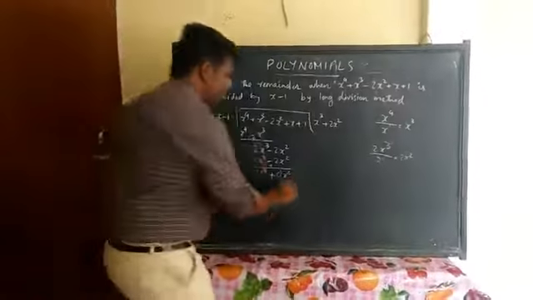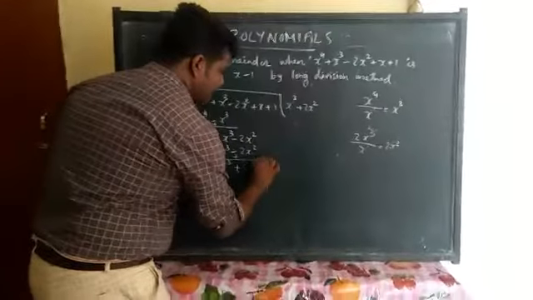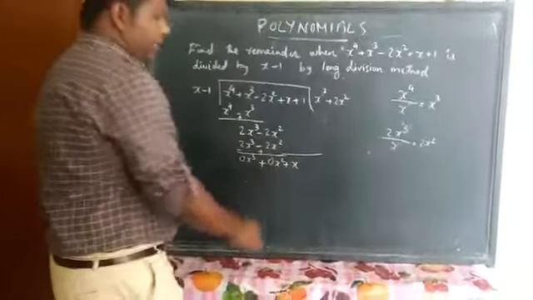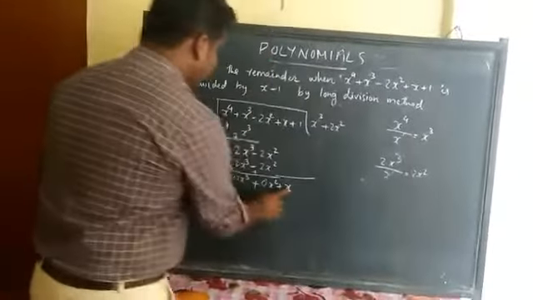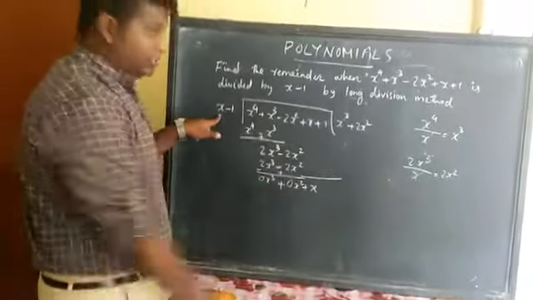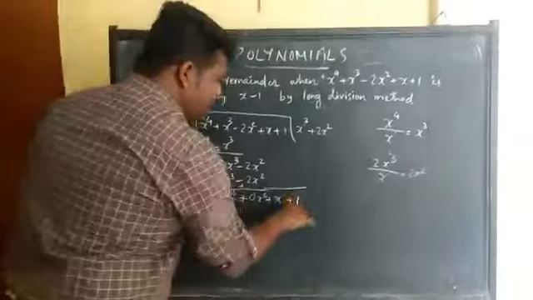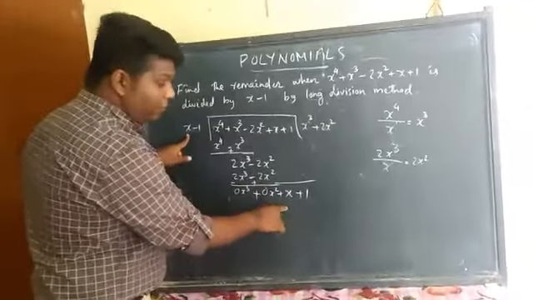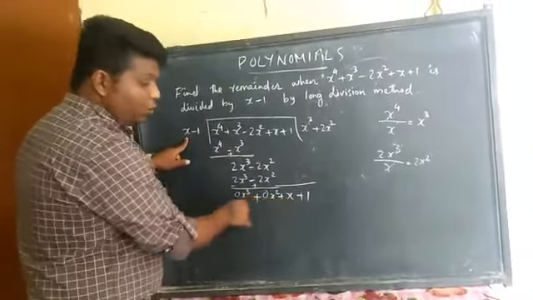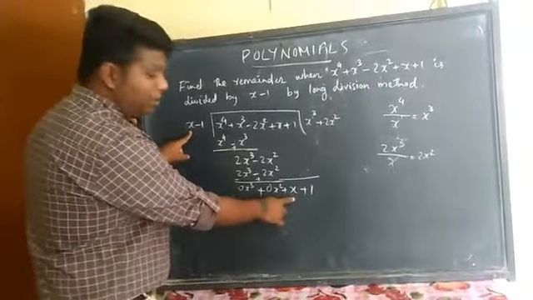After this one, bring the next term down, plus x. That's the next term, x. I'm bringing plus this x again divided by this number. I'm bringing the plus 1 also down here because there is only a single number. That's why I brought it down. Now this is the first number. ये दोनों 0 हो गया, ये है पहला वाला number.